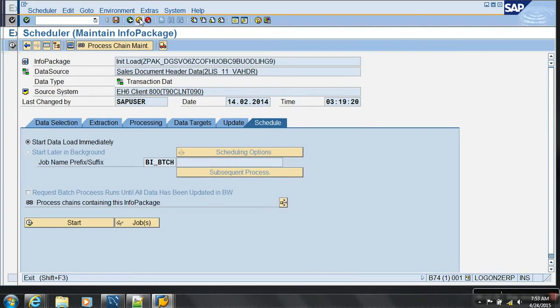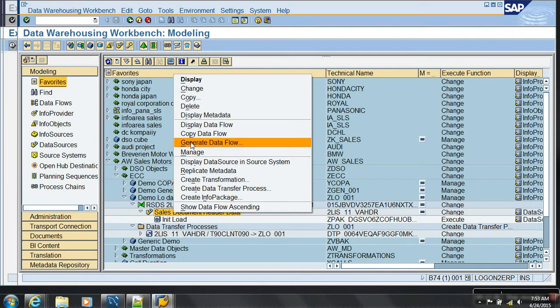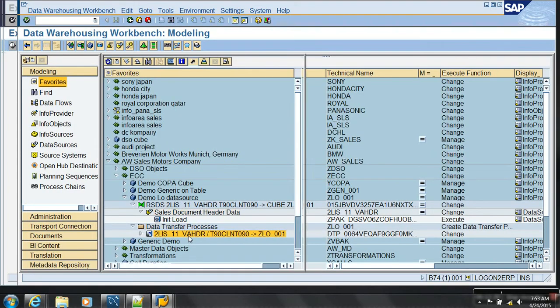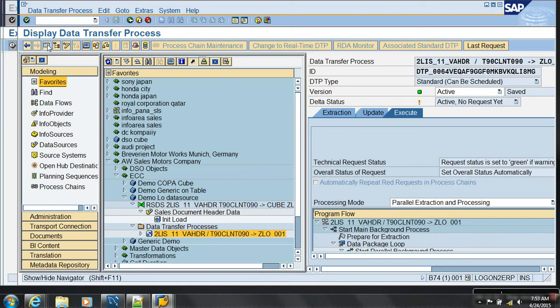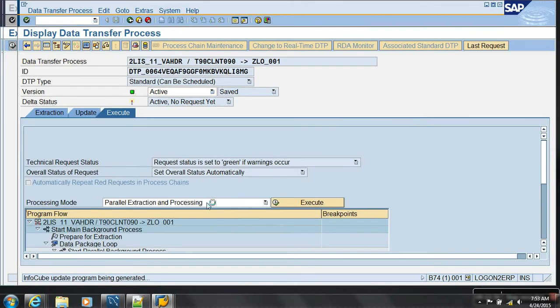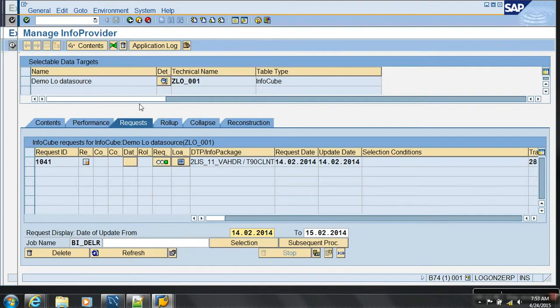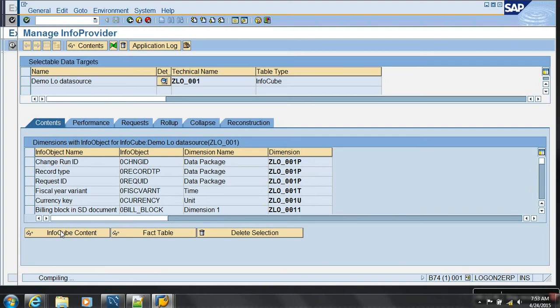This is the init load. Let me do it. Can I run the DTP so that it will take it to the cube? Done. Now let's go and see the cube content.